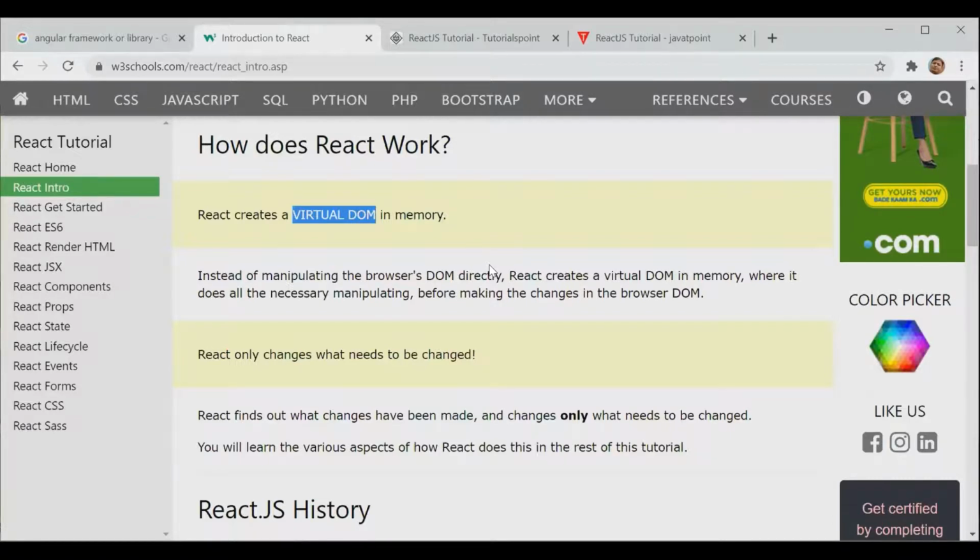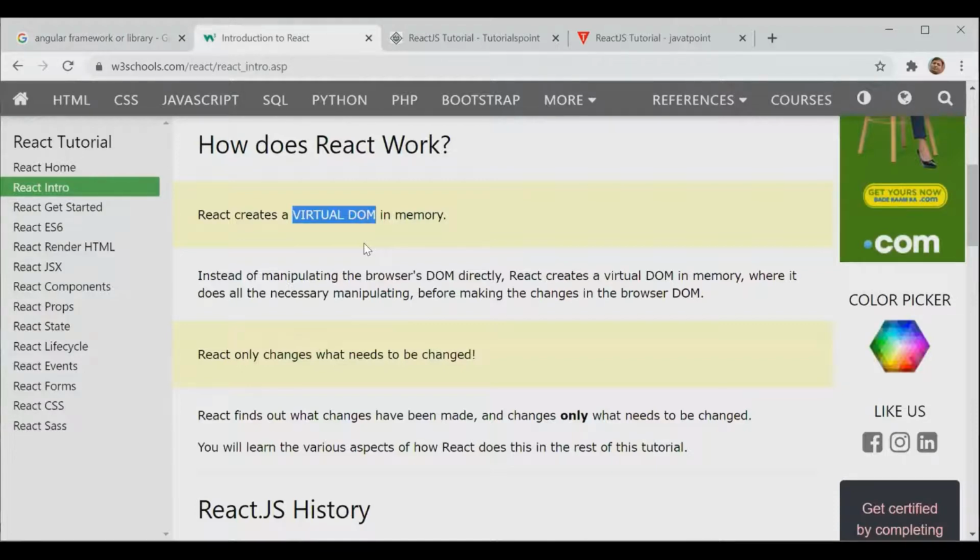This is called partial rendering of the DOM. When we do this, it happens right there, so the DOM is not rewriting itself again and again. This is the purpose of the virtual DOM.